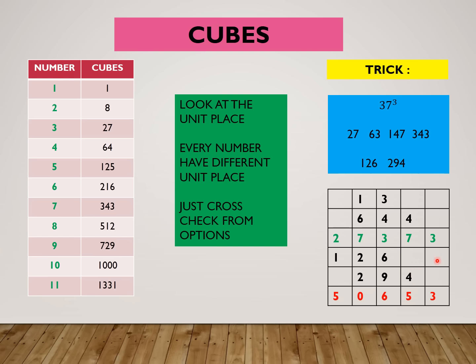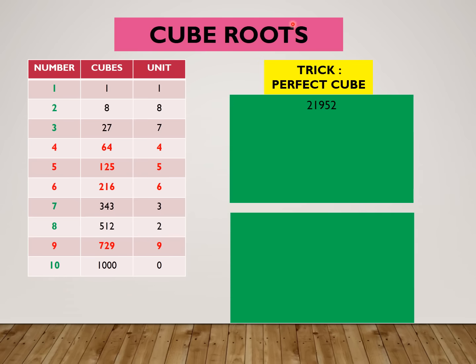column wise. So the result will be 3, 7, 4, 11, 4, 15, carry 1, 9, 1, 10, 6, 16, 3, 19, 4, 20, 3, 3, 26, carry 2, 2, 2, 4, 2, 6, 6, 12, 7, 19, 120, carry 2, 2, 2, 4, 1, 5. So the final cube of 37 is equal to 50653. The trick to find cube root is very easy, and you should learn this trick by heart, because this trick